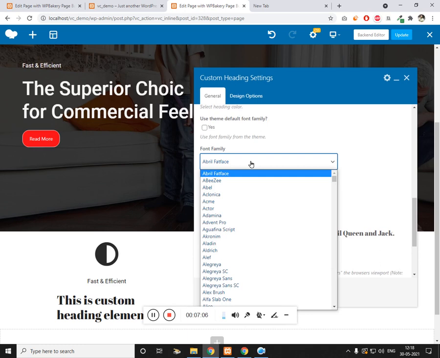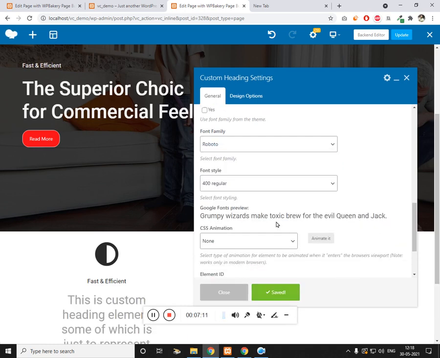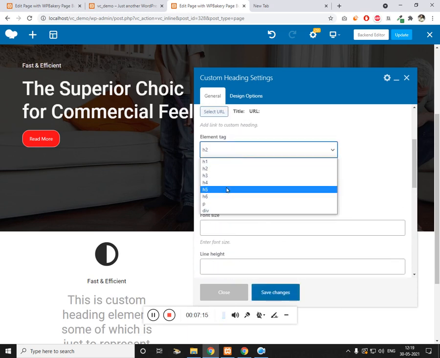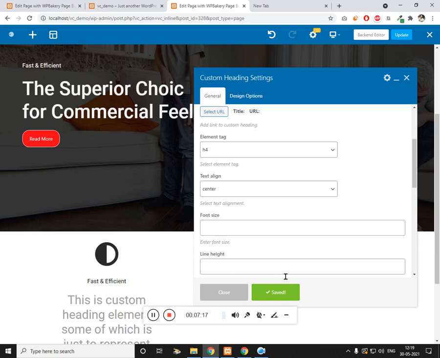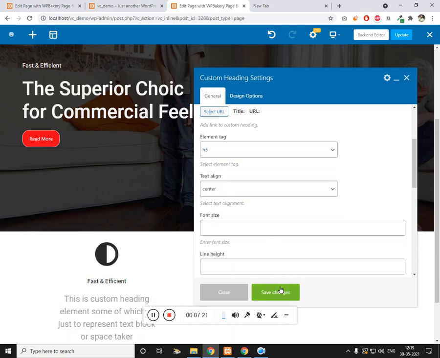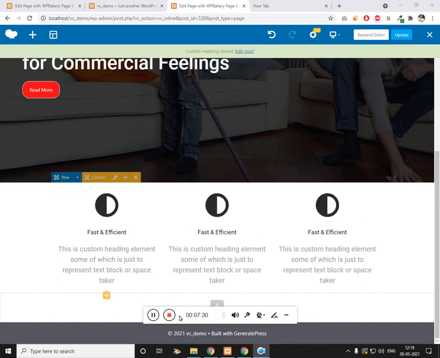So let this be Roboto again. Click on save changes, and let's make this h4, h5, so that's okay. Now we just have to copy this and place it to the remaining grids. I'm just pausing it and doing it. So fine, we have. Now let's edit this grid,